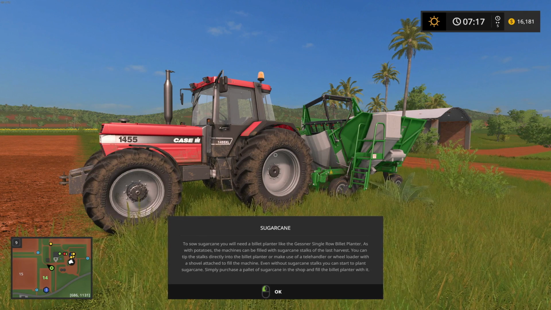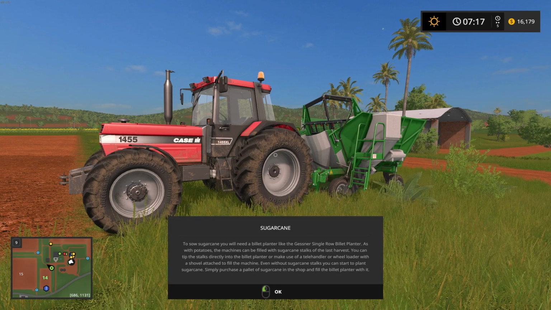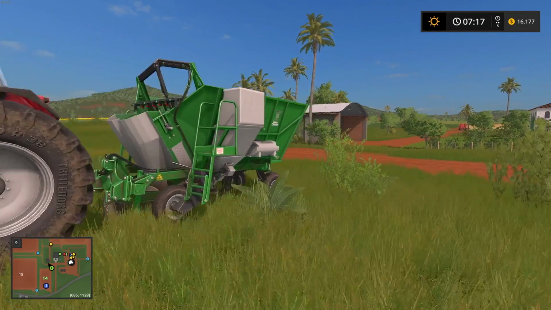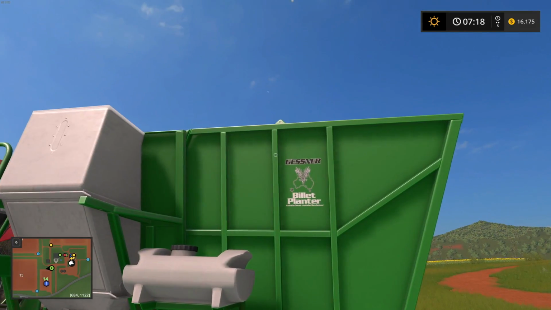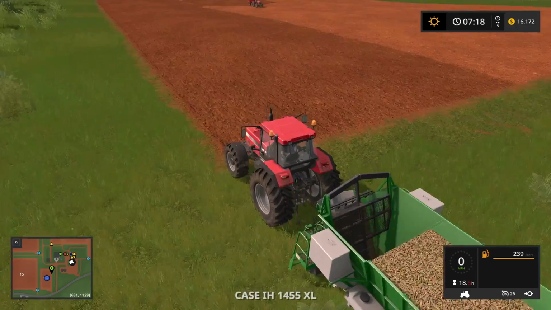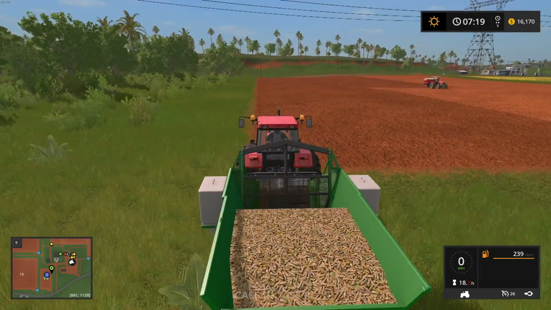Even without sugarcane stalks, you can start to plant sugarcane. Simply purchase pallets of sugarcane in the shop and fill the billet planter with it. Note, when you fill the planter, you cannot take the pallets of sugarcane and throw them in the top. You just set them here to the side and then refill it. And then here's the sugarcane. Luckily we have a full,